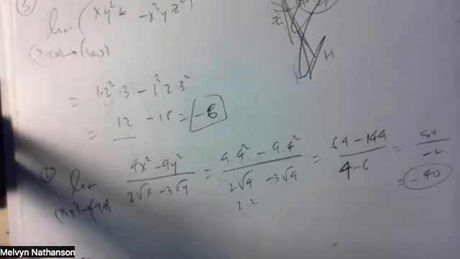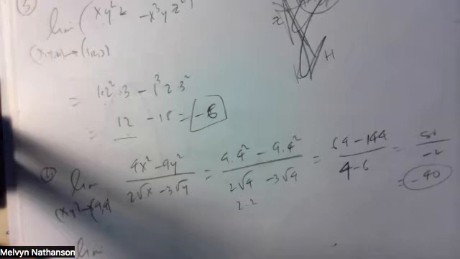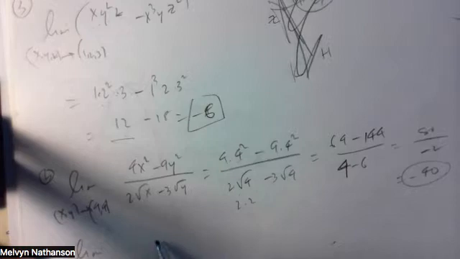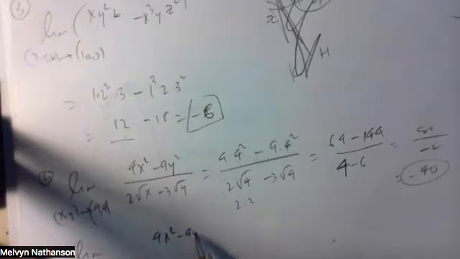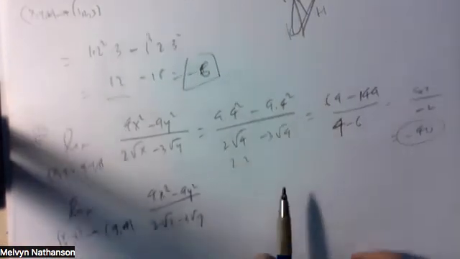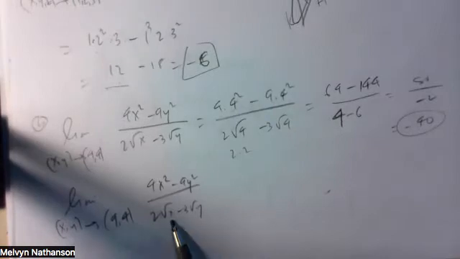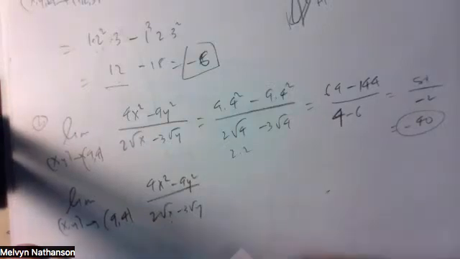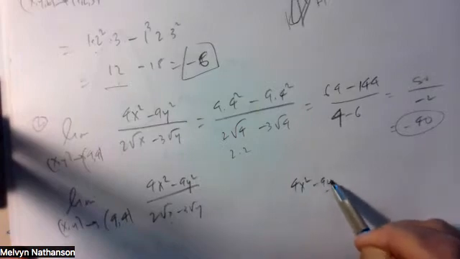But I think what I had really wanted to state as a problem is the limit as xy approaches the point 9 comma 4 of 4x squared minus 9y squared over 2 root x minus 3 root y. And in this case, when x is 9 and y is 4, this denominator is 0. So you can't just plug in. And the numerator also in this case is 0. You get 36 minus 36. But in fact, if you have 4x squared minus 9y squared,